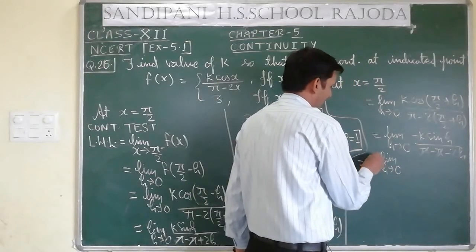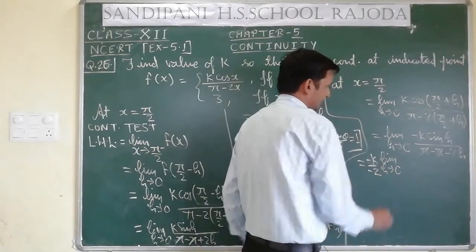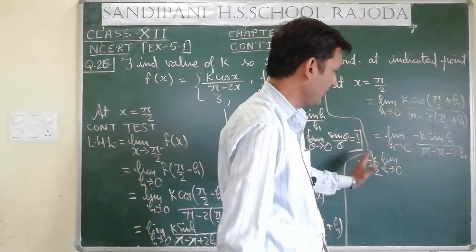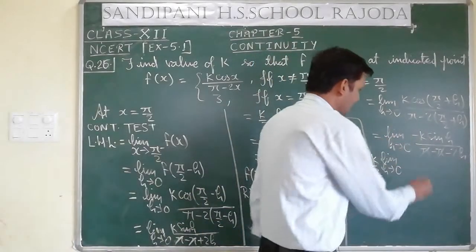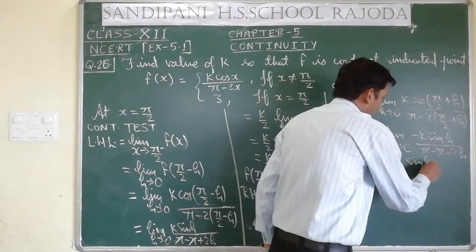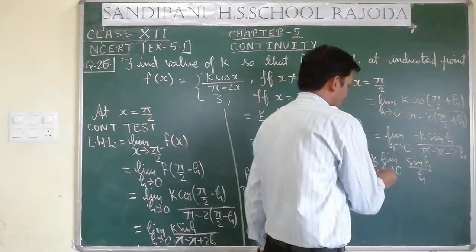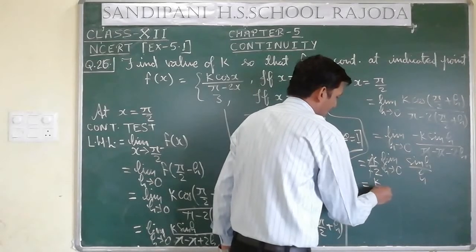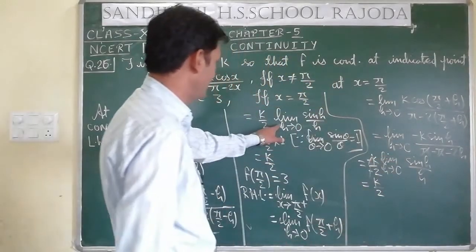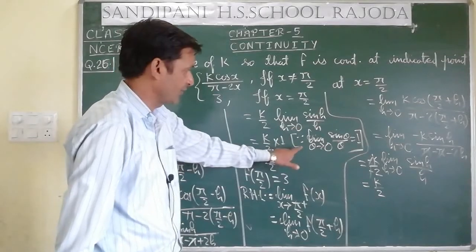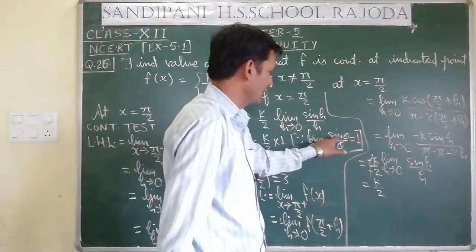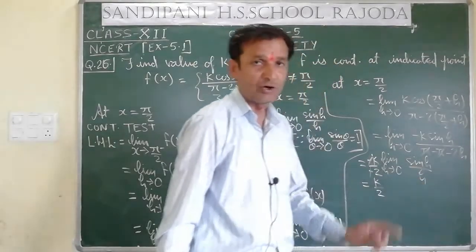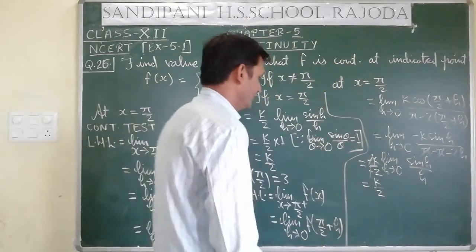We may take out minus k upon minus 2. This is the constant part, as it is not having h. So we may take it out from the limit. Only sin h upon h will be there. So this minus and minus will be cancelled. So again it is equal to k by 2, because sin h upon h I have mentioned already in this part of the question, that is limit theta tends to 0 sin theta upon theta is equal to 1. So limit h tends to 0 sin h upon h is also equal to 1. So it will be k by 2.